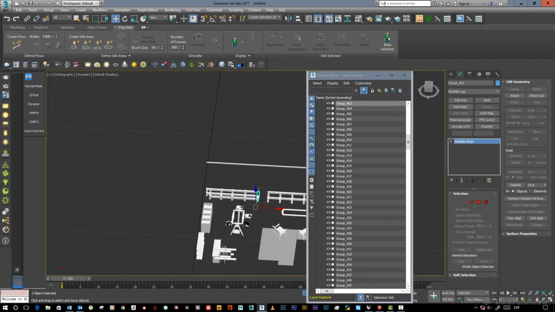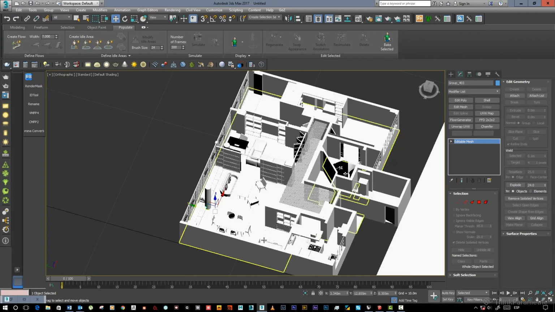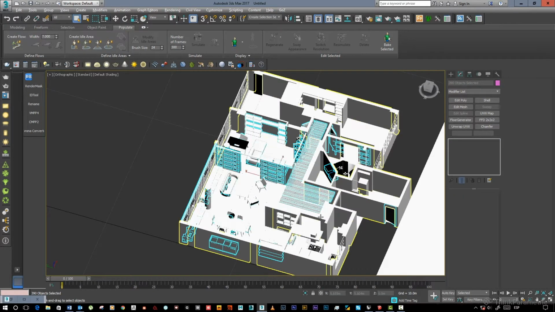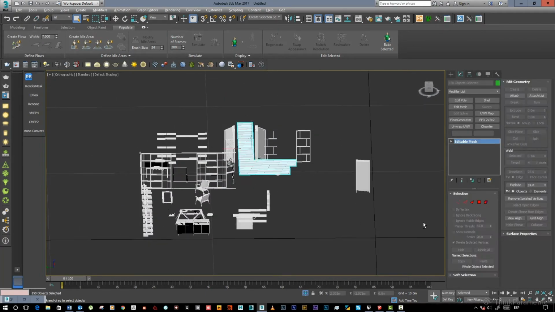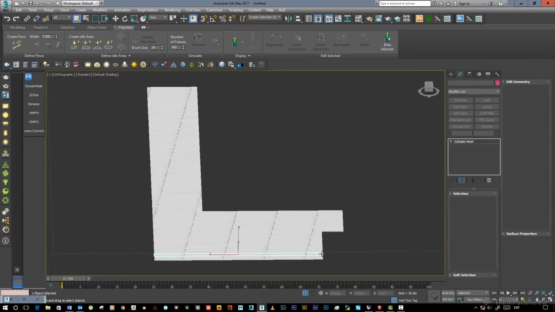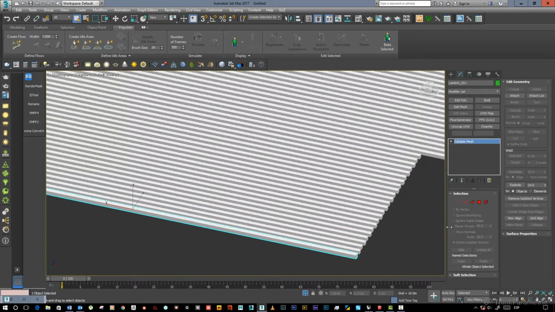Now that we imported everything into Max, in order to clean it up, first, for example, these ones are instances, right? So first thing first, we're gonna be turning this into mesh. Every single one of them is a single object, not an instance.